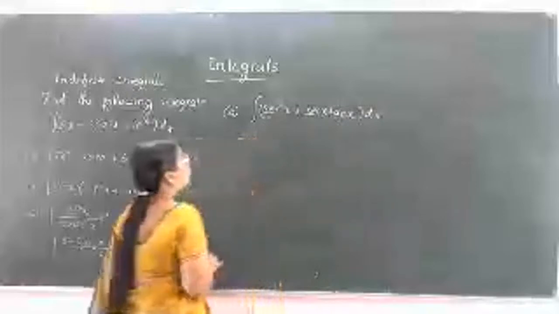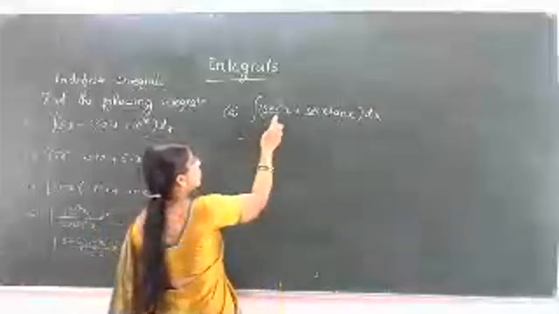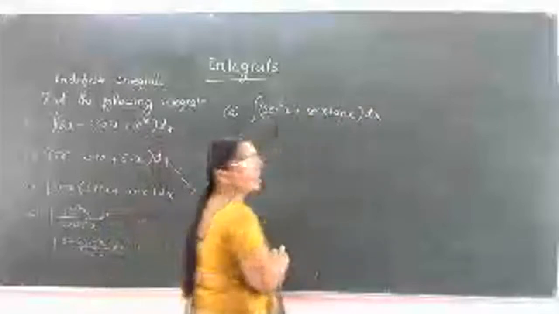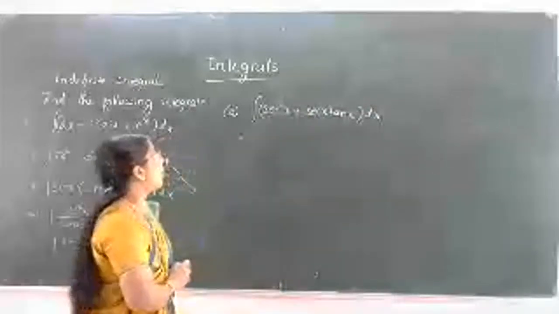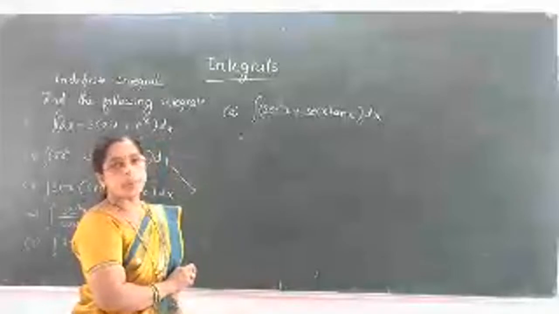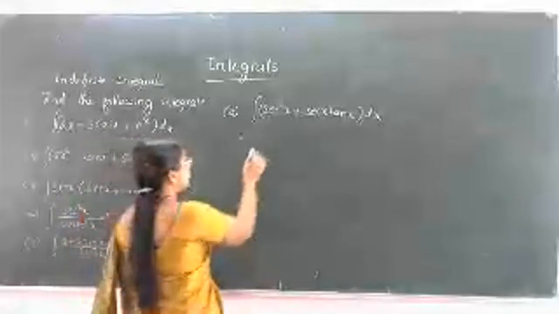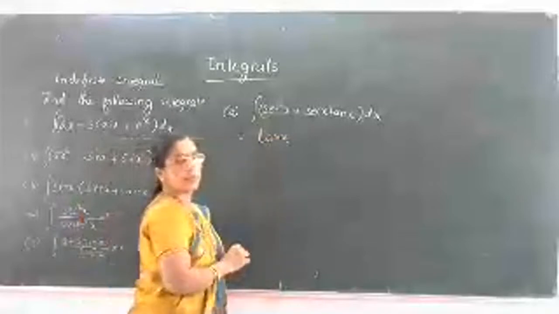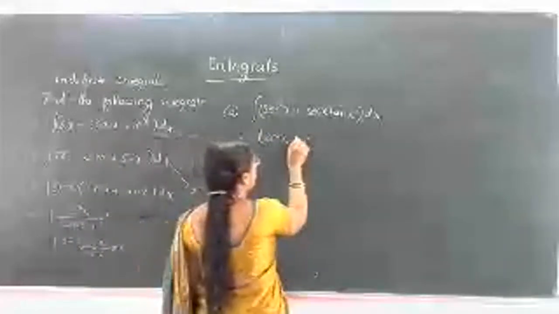Then we integrate sec square x dx and sec x tan x. You already know the integration of secant square x is tan x, because the derivative of tan x is secant square x. Then sec x tan x